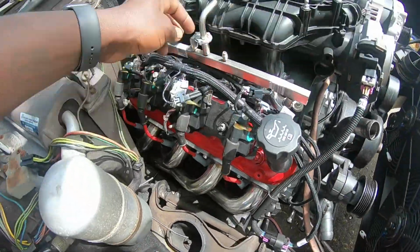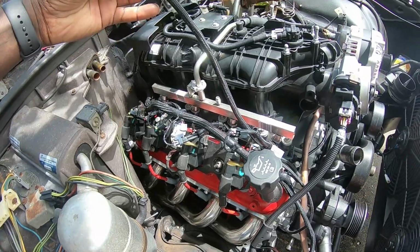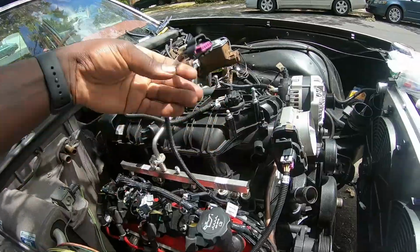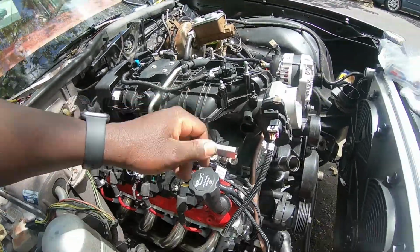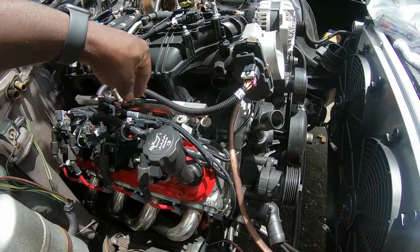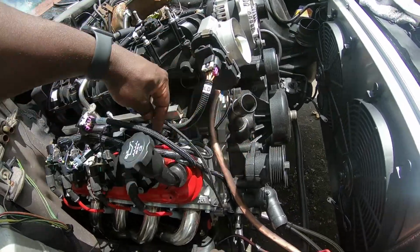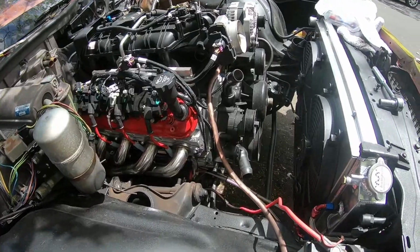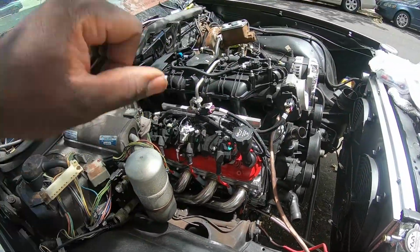But then I have this. I think this is for the mass airflow. It's here. I just tucked it back there for now. Same with this. The wire for the AC compressor is here. I just have to do a little bit of cleaning up of the wires, but yeah, the motor turned over